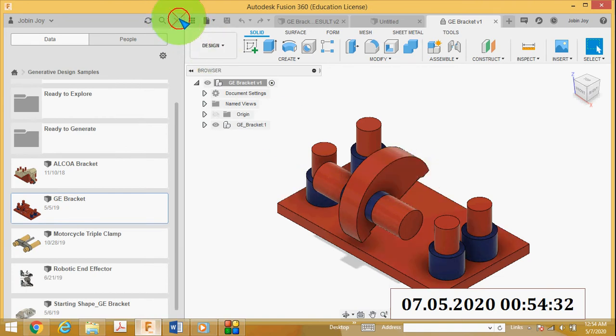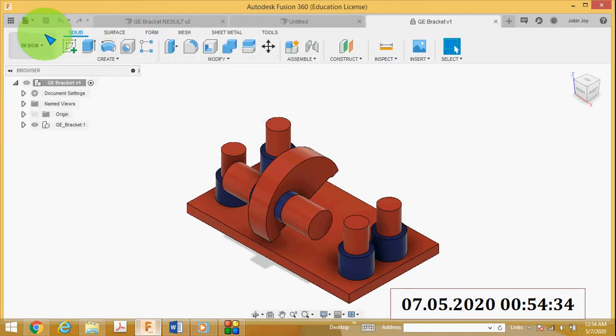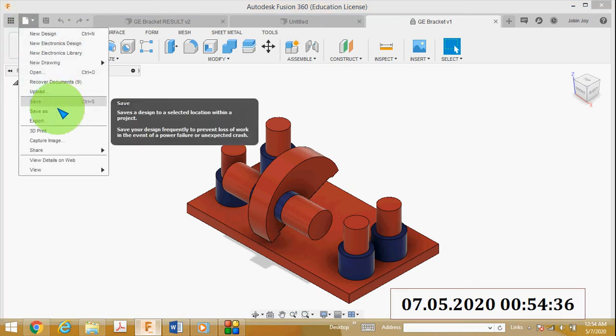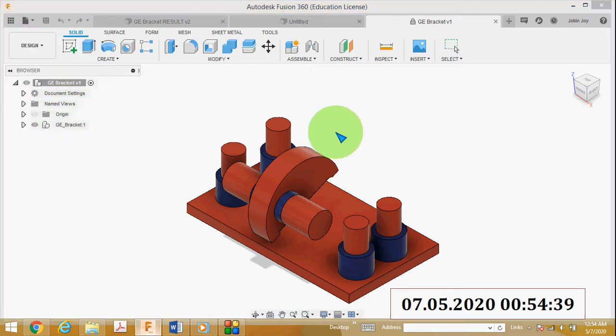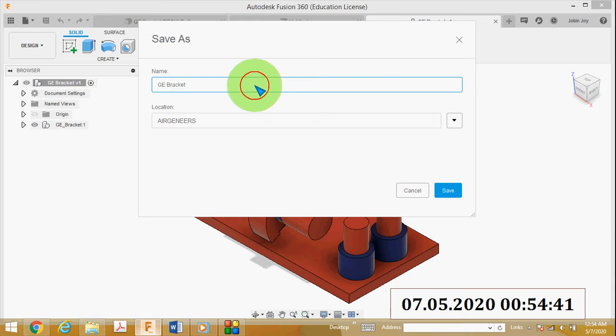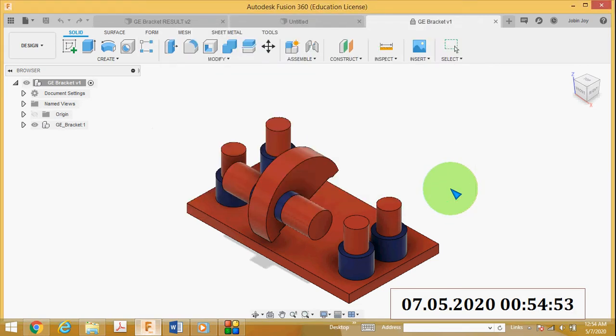Then you just close this. Then next you have to save this. Name this and give the location, then save.